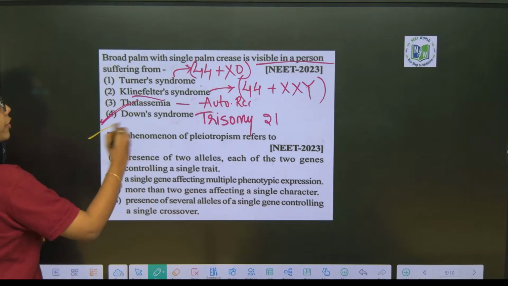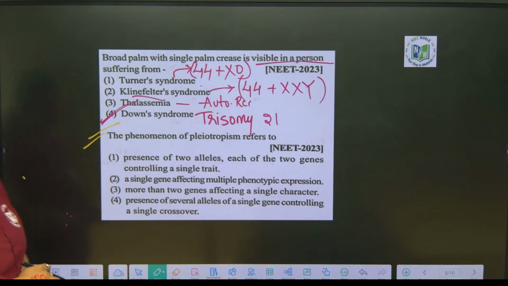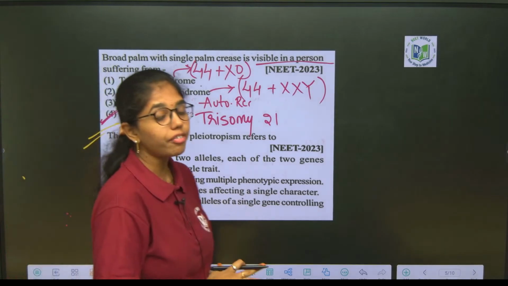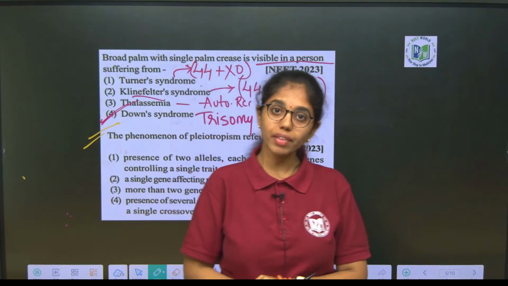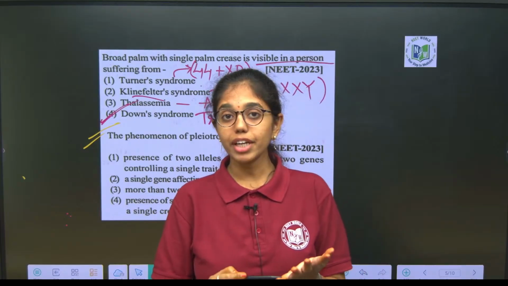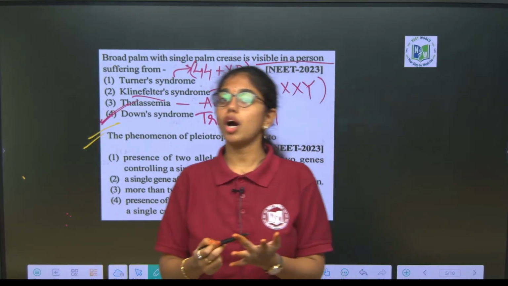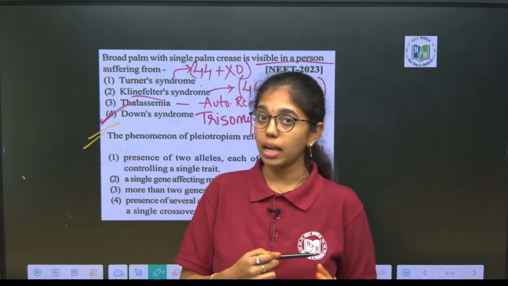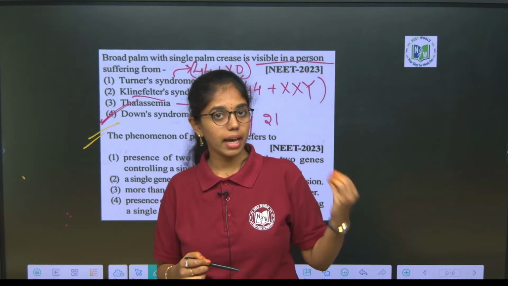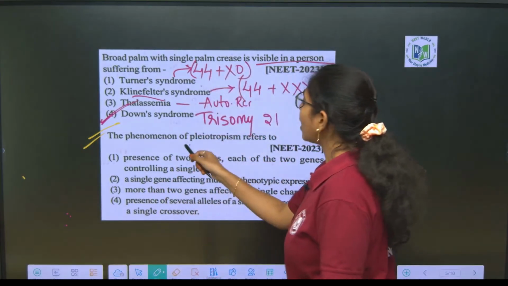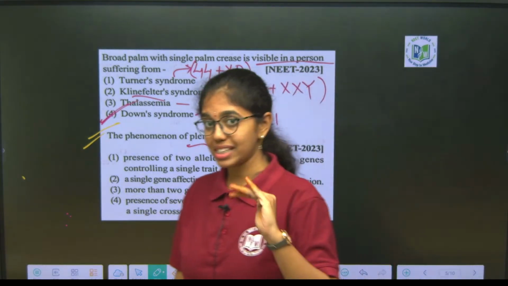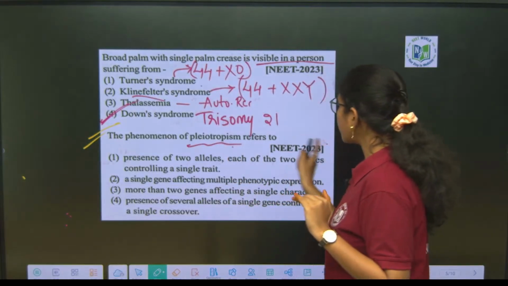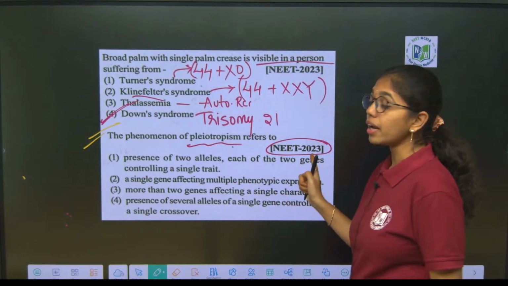Now, the phenomenon of pleiotropism refers to. Yesterday itself we recalled all those which deviate from Mendelian laws of inheritance. What are they? Incomplete dominance, complete dominance, co-dominance, pleiotropy, multiple allelism and polygenic inheritance. As such, what is pleiotropism? Yesterday we solved one previous year question on polygenic inheritance, and on pleiotropism the question appeared in the year